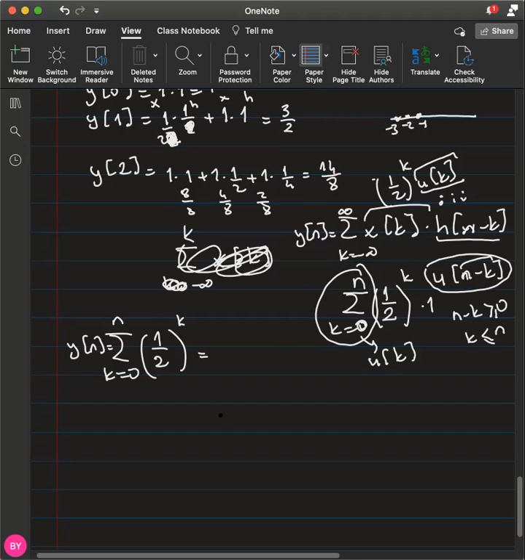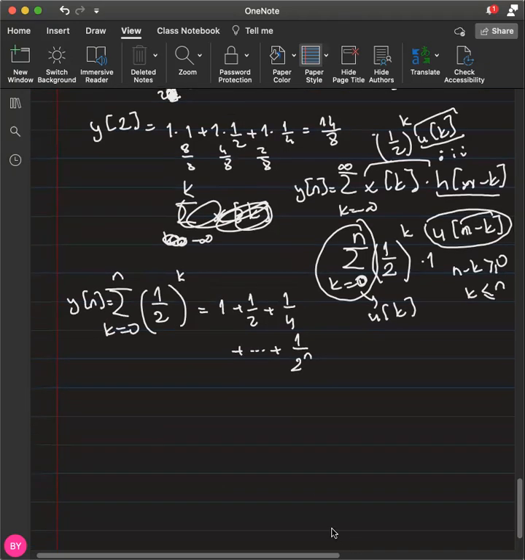So it will be, let's say, 1 plus 1 over 2 plus 1 over 4 plus up to 1 over 2 to the power n, right? So this is what we will have, and using the infinite sum formulations, we can